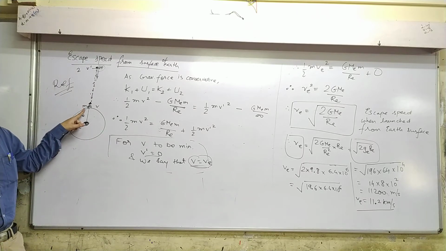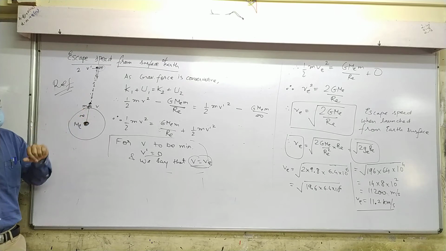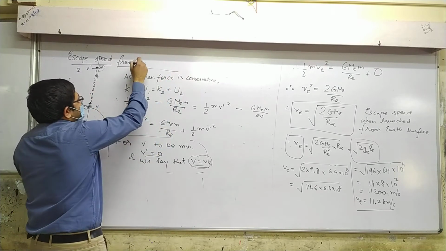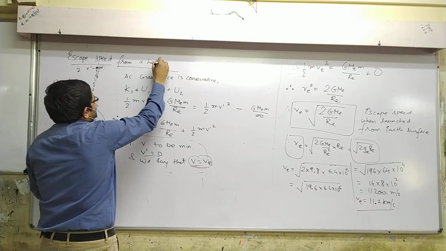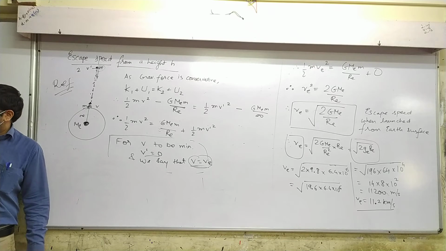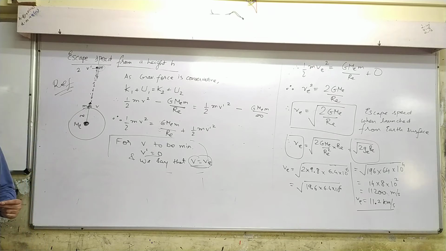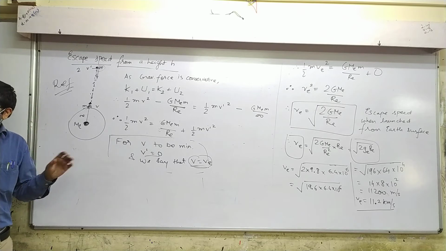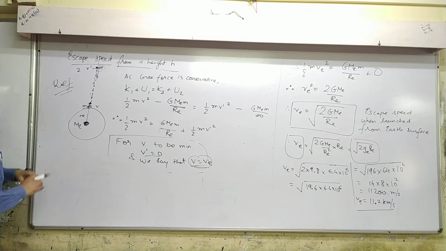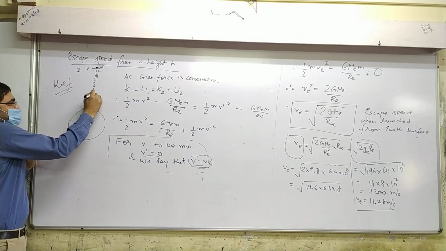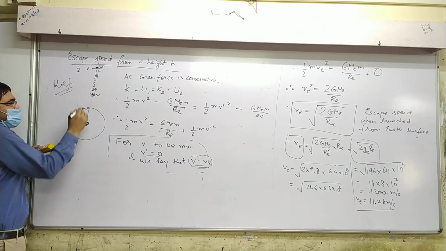Now this was from Earth's surface. Now the derivation: suppose not from the surface of Earth, but from some height. Not from the surface of Earth, from some height. Write quickly, because I have to add only a little, and you have a lot to write. So the diagram has a small change, instead of here, let's say here. So what's this height?